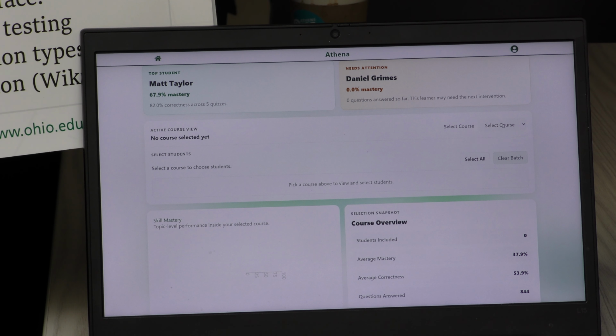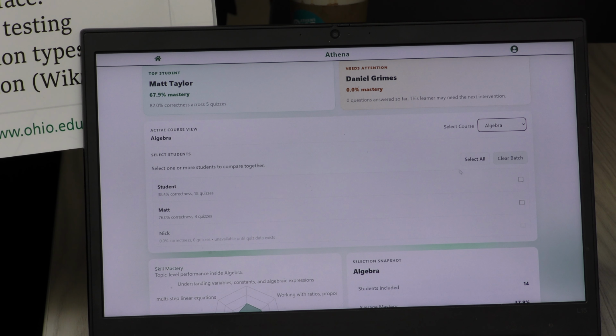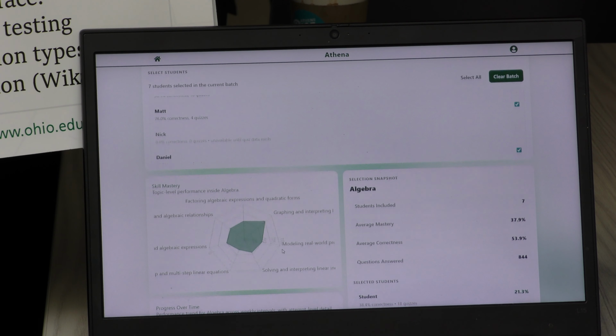From each course, if we want to go in here and select algebra, we can create batches of students. This would be very useful for instructors who want to see how students in the fall are doing compared to students in the spring. Now, if we select all of these, we can come down here and we see a